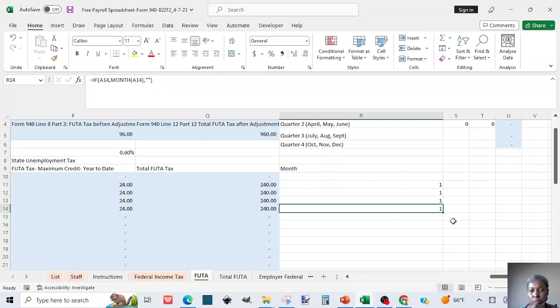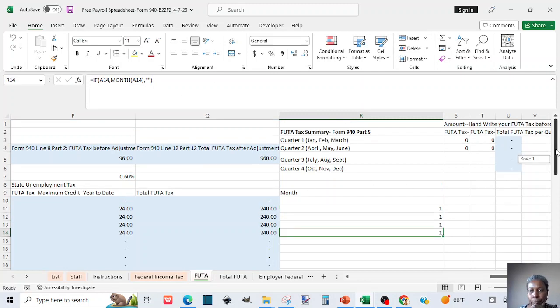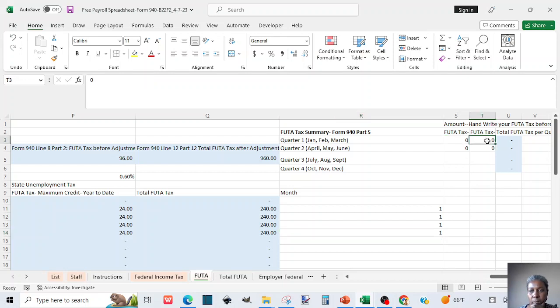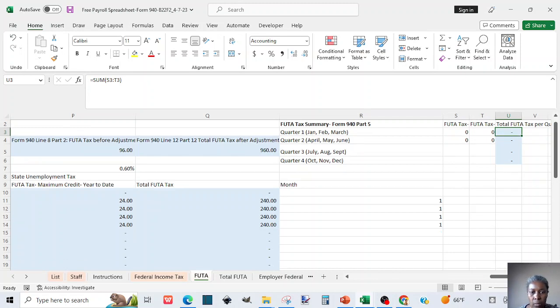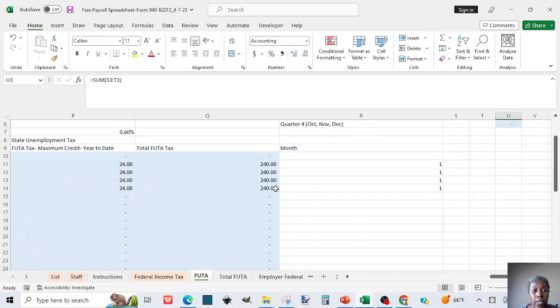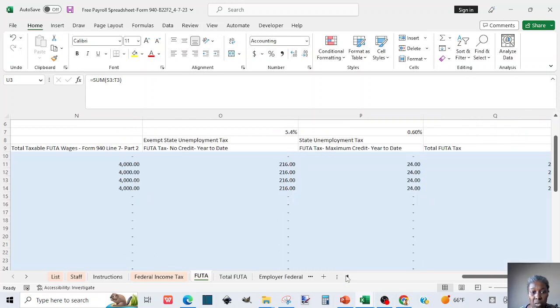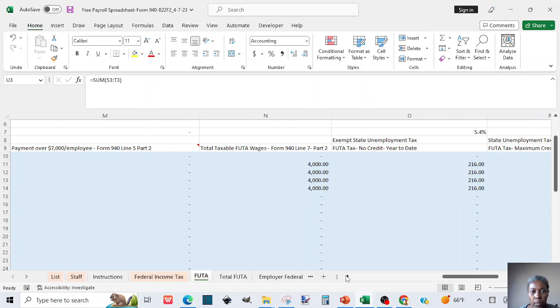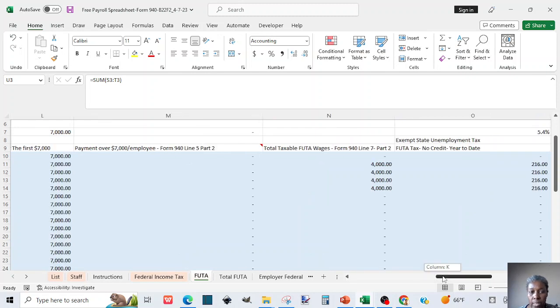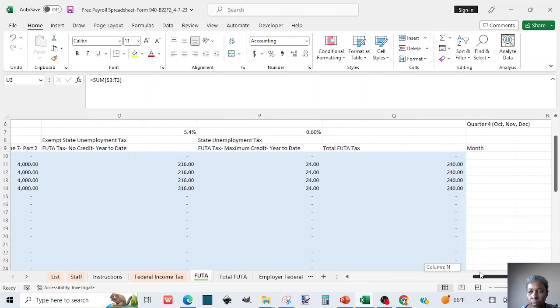Yeah, I will review this formula to see if the formula is well suited. But the good news is the FUTA tax is calculating. We just need to make sure the rate is up to date,